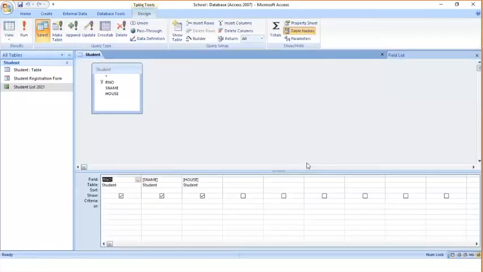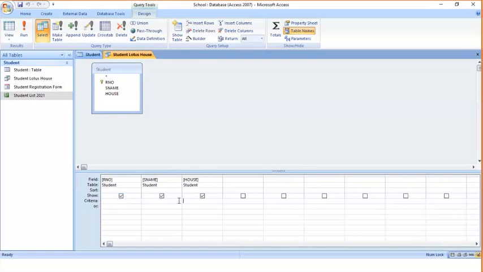Then click on finish. Now here if you see field, table, sort, show, criteria, or, so in the criteria row you have to go horizontally, and I am placing a criteria for house.